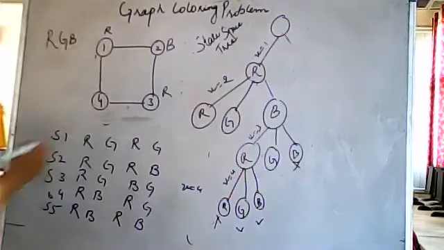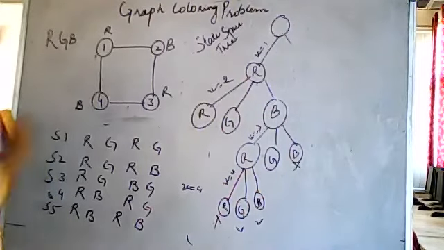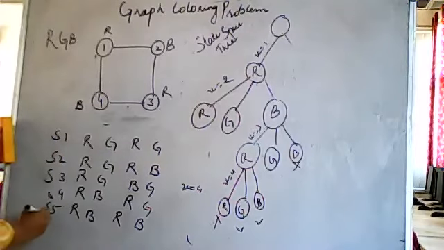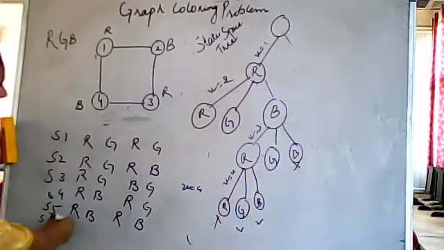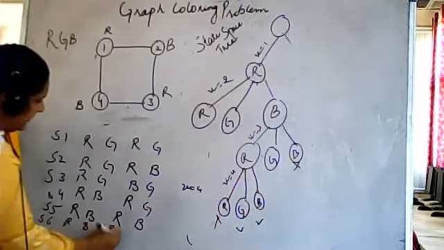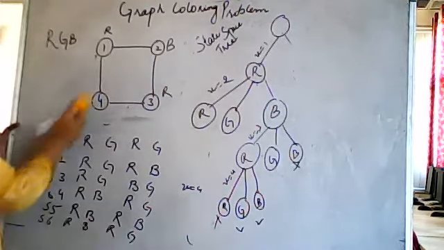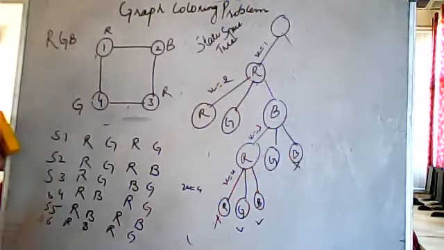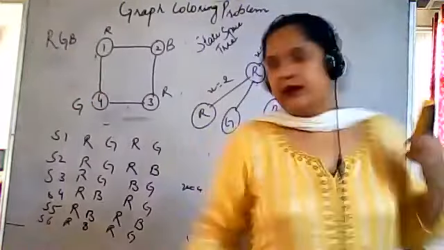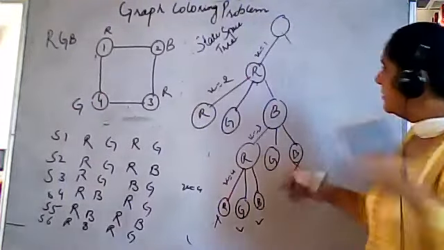If I put blue here, then there is no problem. Fine. Or we can put red, blue, red, green. We can also do this. Either we can put blue or we can put green. Fine. So this is one of the problems which is being solved. So let's backtrack. If I put green color here,